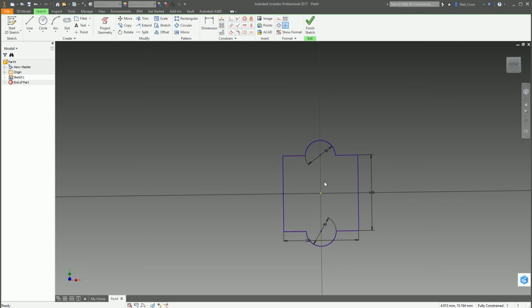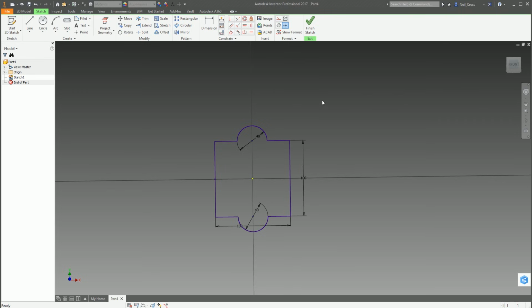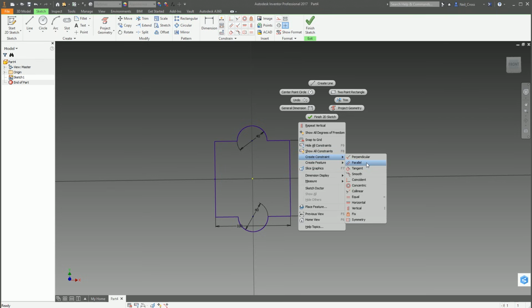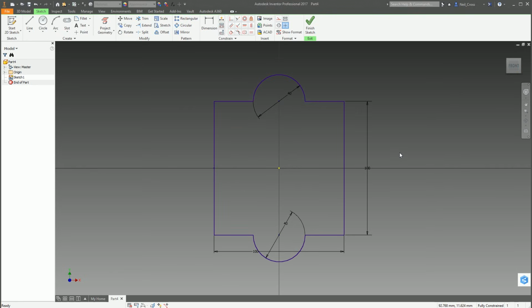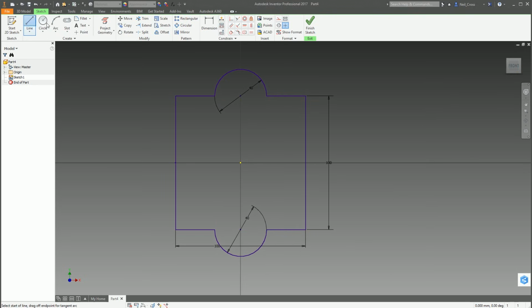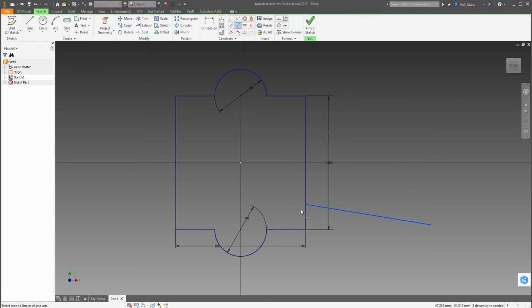So we've covered quite a few of the 2D sketch constraints there, but there's a few other ones which we haven't touched on yet. So what we've looked at so far: coincident, collinear, equal, horizontal and vertical. There's a couple of others. One being perpendicular. Perpendicular is when you want a line to be perpendicular to another line. So for example, maybe we're going to do an extra bit on the outside of this plate. So we can draw a line coming out from here. And if you want this line to come out at a 90-degree angle from this line, then you'd make it perpendicular. So you'd right click, go to create constraint, perpendicular, between that.